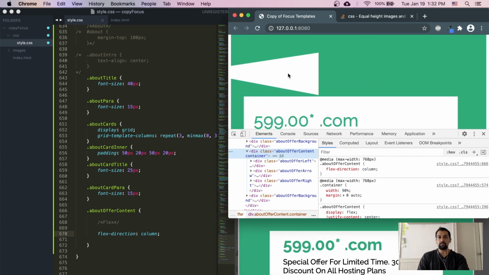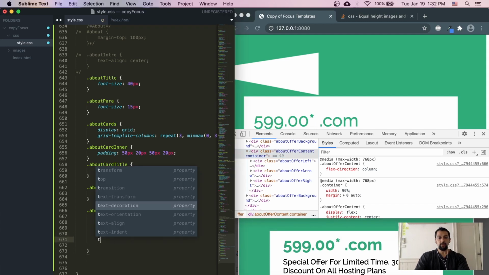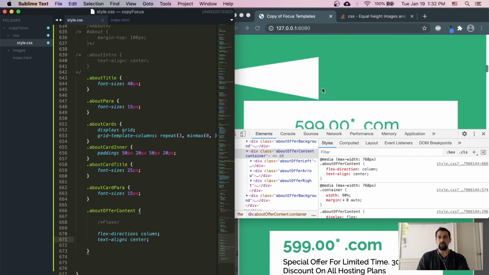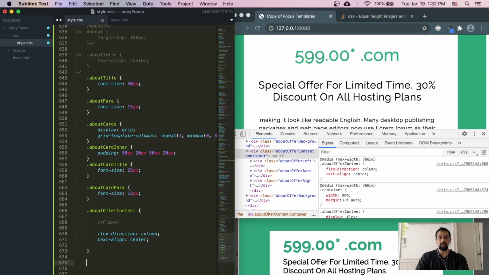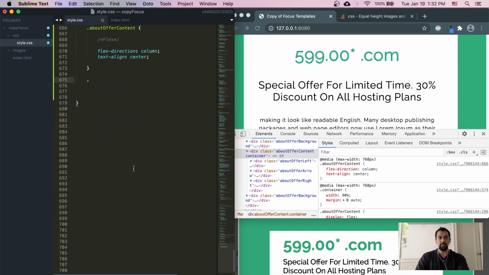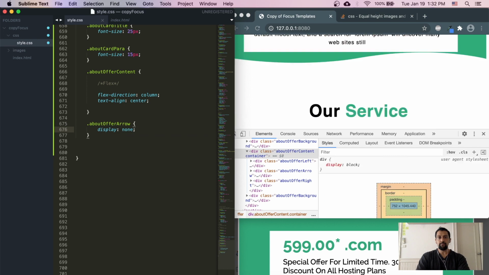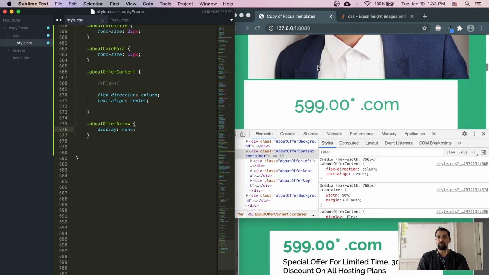ครั้งที่แรกผมจะลบ arrow ผมจะ hide arrow นี้ครับ so what I'm going to do is actually before that I'm going to do a text align center. There we go. At least everything lines up in the center now, and I'm going to then take care of the arrow that we have here. So about offer arrow, and I'm going to just do a display none. And once we do a display none, cool, the arrow goes away. Now we have a little bit of an alignment problem. อันนี้ไม่เท่ากันกับ